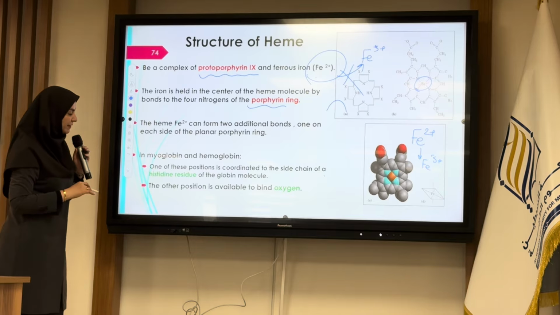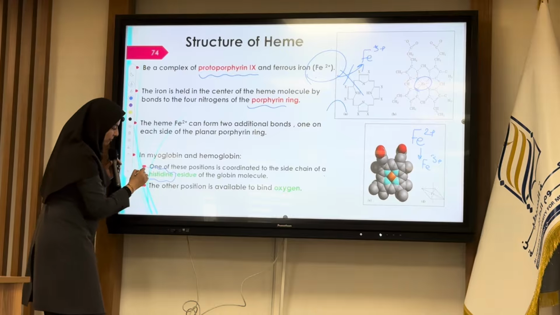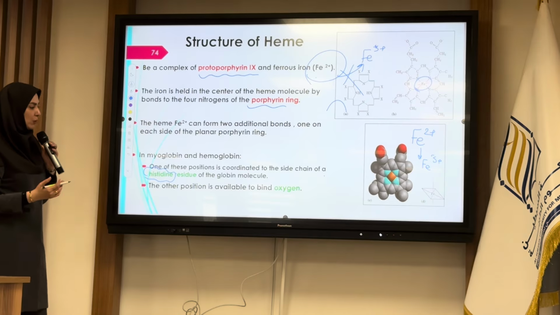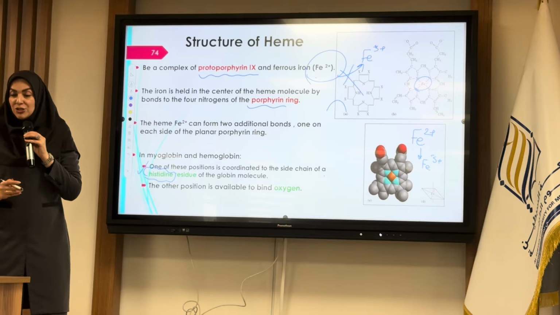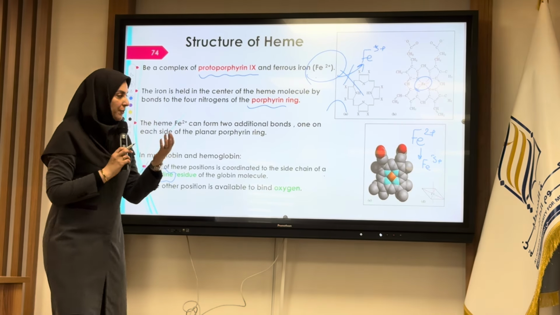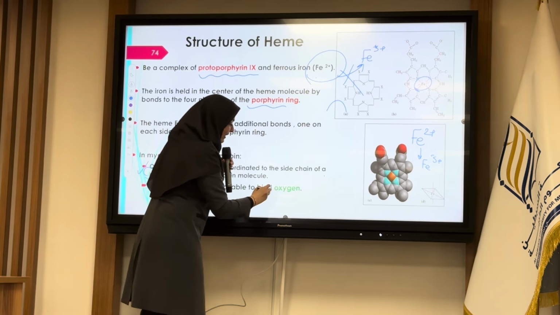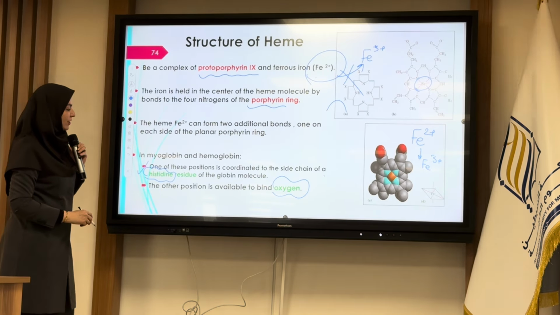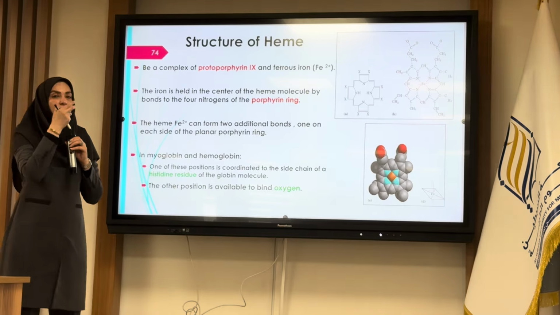What is important here? You should know that we have one specific amino acid in the structure of hemoglobin and myoglobin. This is histidine, as I mentioned. It has a very important role, and most of the time it is considered a buffering amino acid. It can bind, and also the heme group can bind to oxygen. As you know, the role of hemoglobin is transportation of oxygen from the lung to the